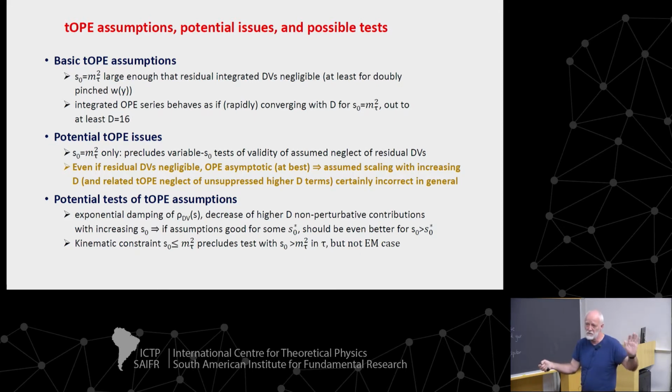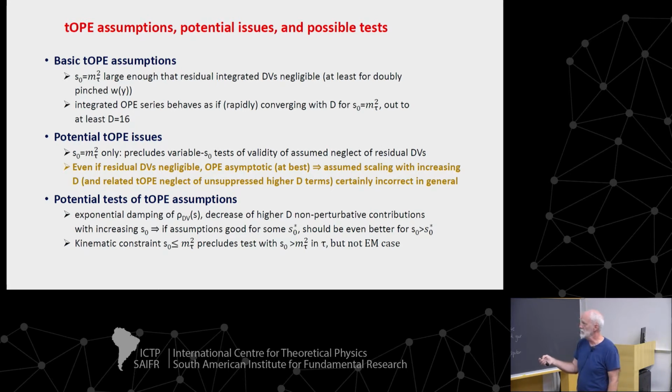Now, it could be the case that in QCD that's true, and that only when you get to dimension 32 does it start to diverge, but you don't know this beforehand. You have to actually do some tests. So the potential issues are that when you do the standard type of analysis, trying to make sure that this is maximally true by going to the highest scale available to you in tau, you don't have the ability to vary S0 and test whether or not it's self-consistent from the S0 dependence to drop those higher dimension terms or the oscillating duality violation terms. And even if you can safely do this,